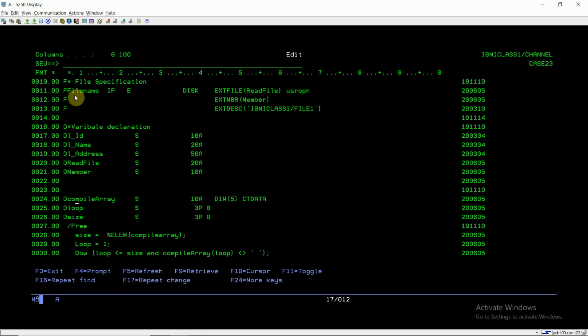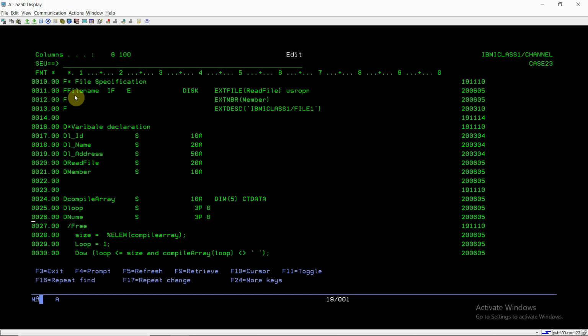Now here we defined a compile time array of length 10, since the member name is of length 10, and here I specified 5 with CT data. You can specify any size. Now this is a loop variable which is used to read that compile time array in a loop, and this is the number of elements.